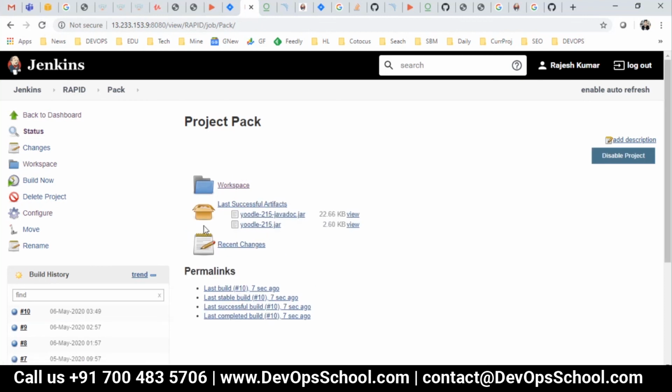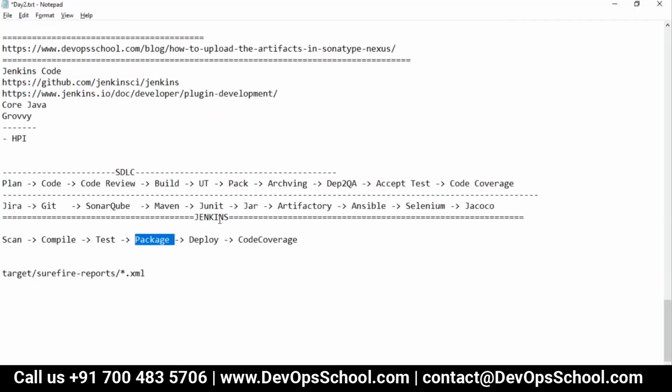So now you see that functionality. Again, I'm saying it's not like TeamCity or Bamboo where you have a fixed functionality. In Jenkins, there's no fixed functionality. Try to understand that. It completely depends on your wish. You get plugins and then use them. So now I'm just helping you to visualize that.